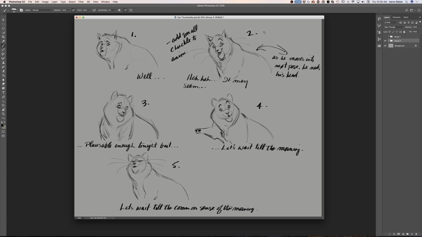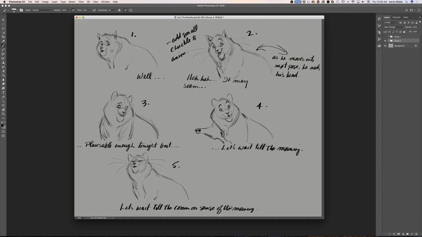I number my poses first of all, to let me know where I'm going. I hit the pose, I write the dialogue underneath the pose, but I also give myself screen directions. So I might come up with an idea and I've got to write it down, because if I don't, the next day or 2 days later, when I'm actually animating the part where I had the idea, I might forget. So 30 years ago, I got into the habit of writing down even the most minute screen directions so that I don't forget. Oftentimes my pages will just be covered in notes so that I don't forget what I'm thinking as far as hitting the animation.